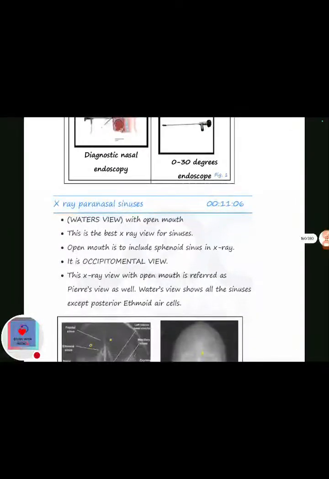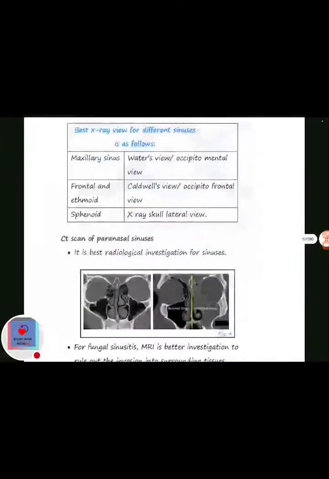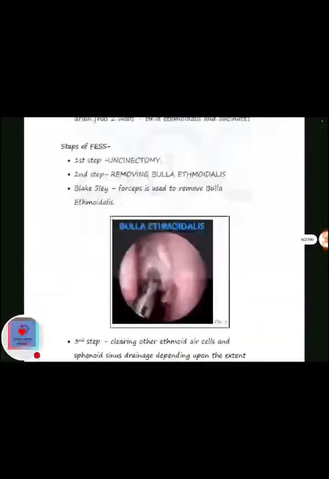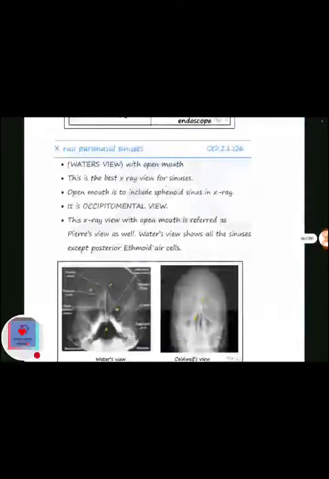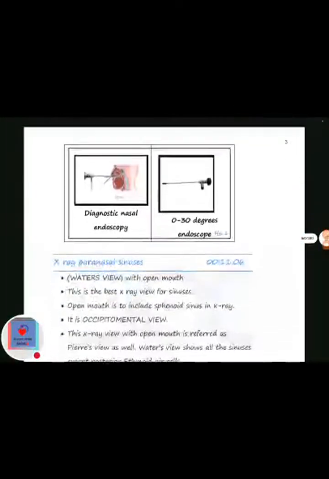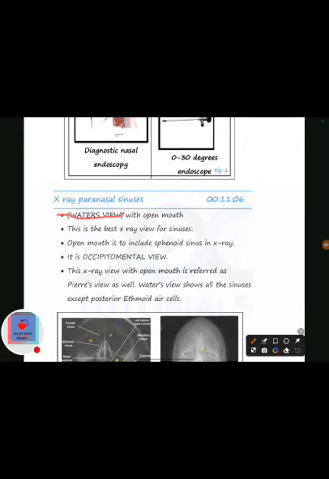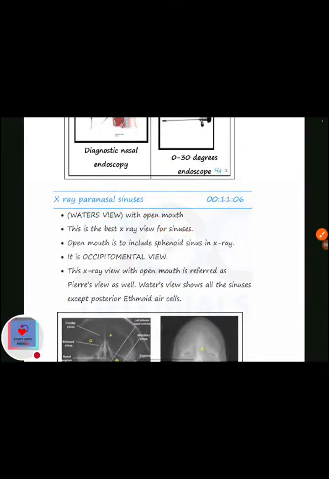X-ray paranasal sinuses: Waters view, open mouth. We will continue on the next